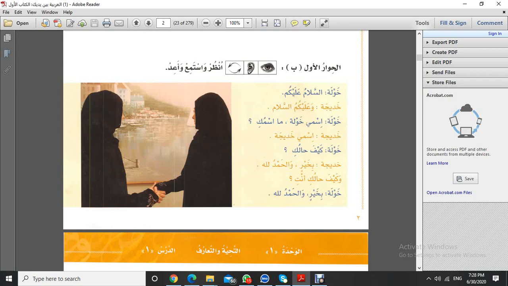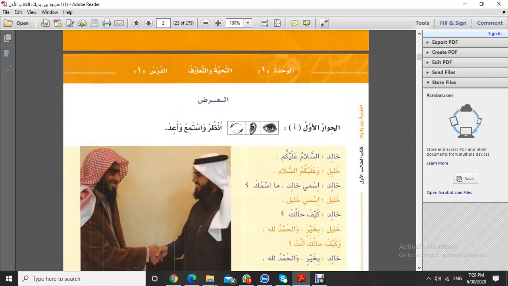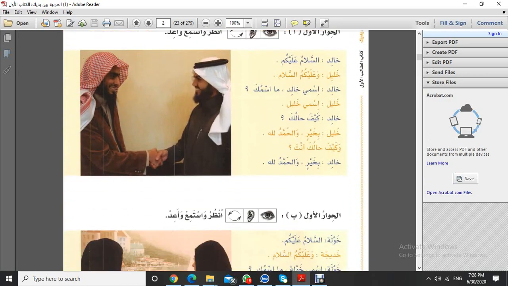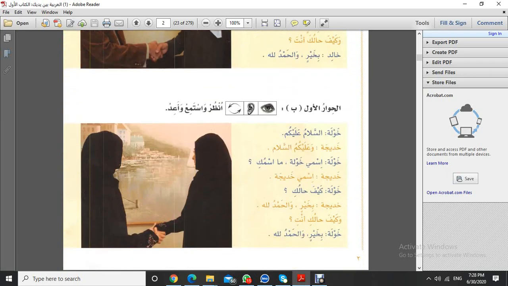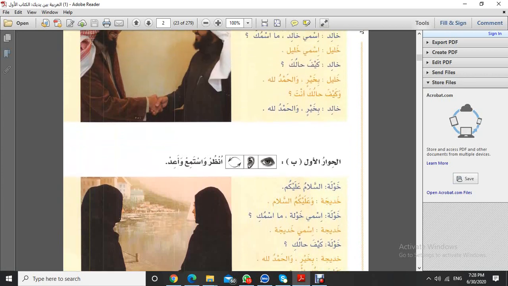And after practicing, when you know that you're very fluent in it, you understand the meanings of each and every word used here in these two exercises, in the Al-Hiwar Al-Awwal part 1 and Al-Hiwar Al-Awwal part 2, the Ba part, when you're sure that you have understood each and every word used here,